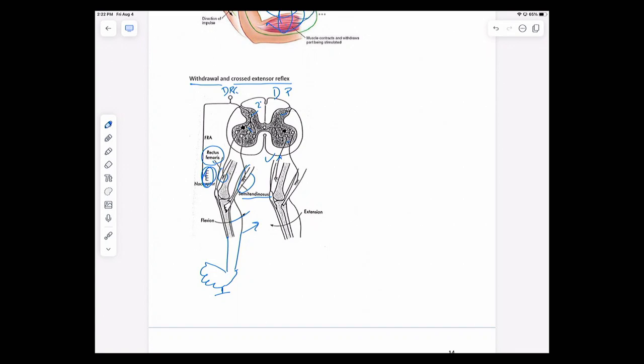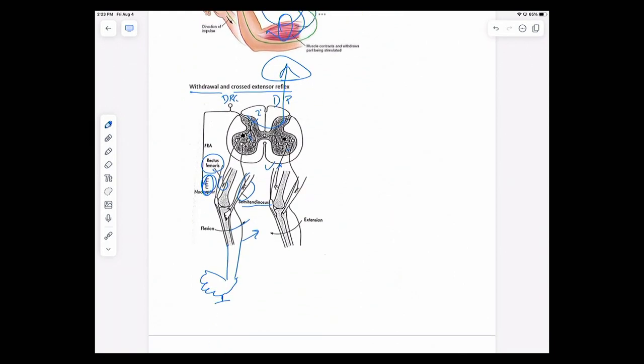Again, a lot of complicated neurology in the gray matter here of the spinal cord. Again, what's not in the drawing is that the tack you're stepping on is also going to be sending fibers up to your brain so that you can have conscious appreciation of the tack that you stepped on. But again, like the hot pot, you're going to be pulling your foot away before you actually are aware that you stepped on the tack itself, because this is a spinal cord reflex. So this drawing here is a little more involved than the one up here, because it actually depicts what's going on in the antagonistic muscle group in terms of inhibiting that and stimulating that.